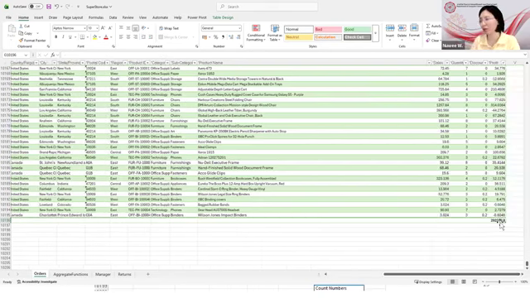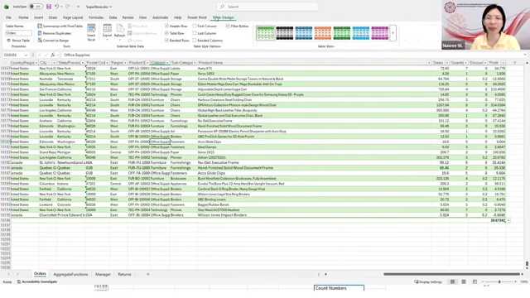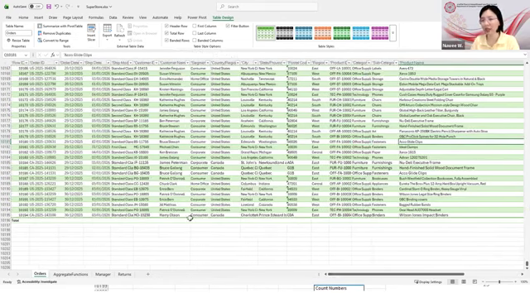Or you can go to like this, right? I have sum, you can choose average, you can choose whatever you want. So in order to disable this, you need to go to table design again, and then untick total row. So one thing I would want you to see is that this total row will apply filters